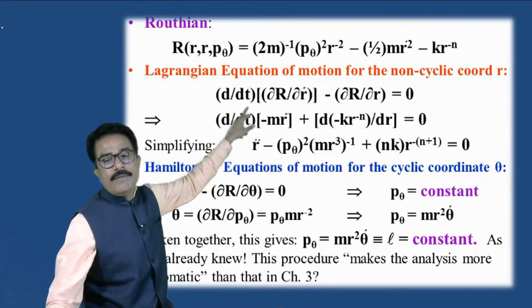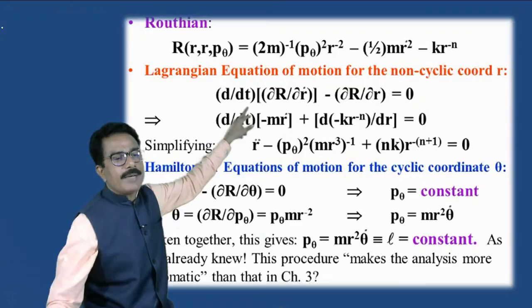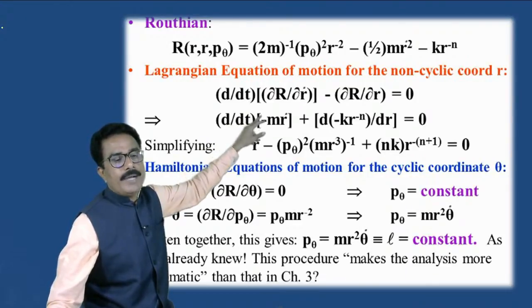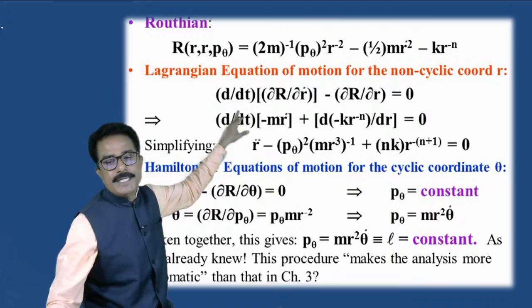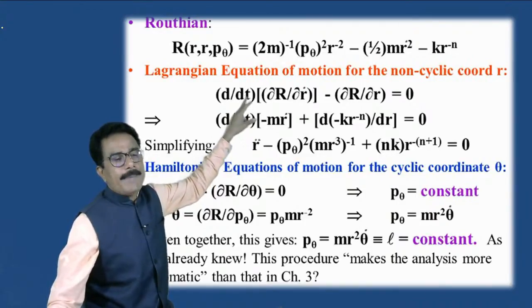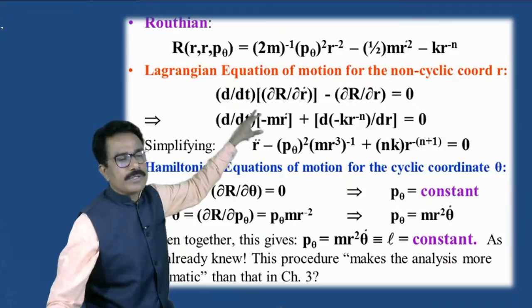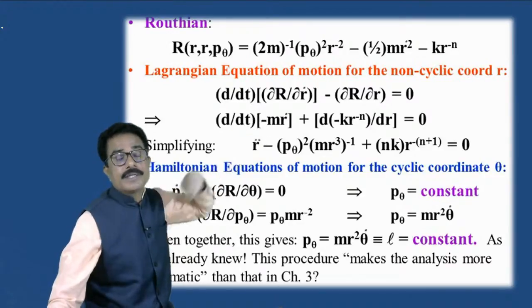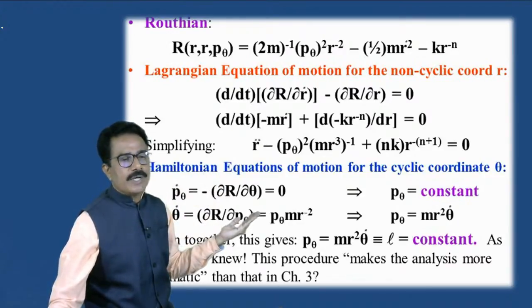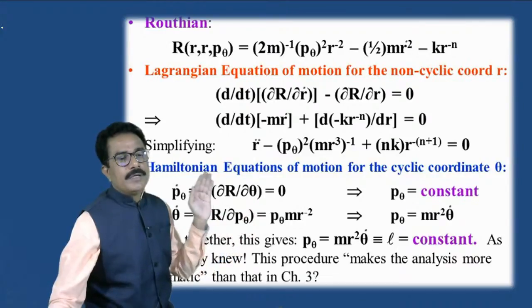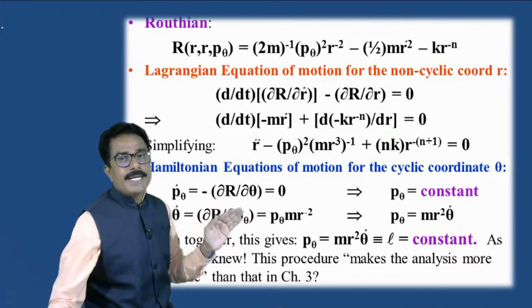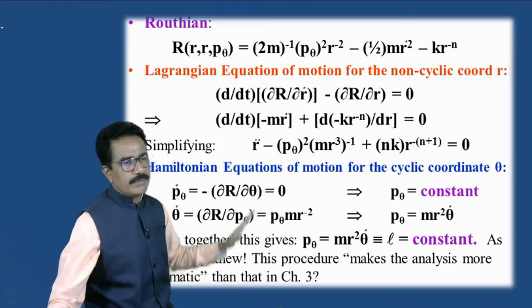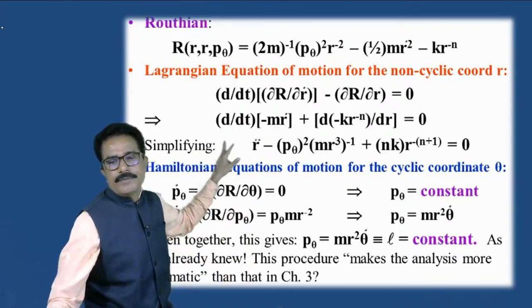d by dt of dou R bar by dou r dot minus dou R bar by dou r, where capital R means the Routh function and r is a generalized coordinate, which is equal to 0, and calculate. This will be the